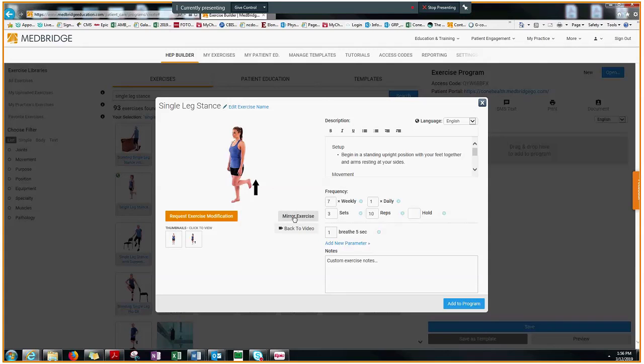So I can click mirror exercise here and it will go left to right, right to left, or back to the video. Let me try it again, see if it'll play. Begin in a standing upright position with your feet together and your arms. Okay. All of the exercises will have a basic description that Medbridge has provided, and it has in here setup,